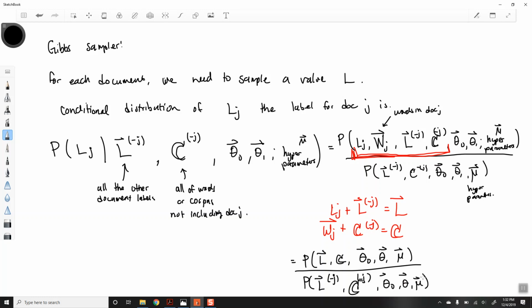So how does this end up going? How do we go about this? Well, we want to draw from a Bernoulli distribution, and what we're going to do is the posterior distribution for this thing ends up being a